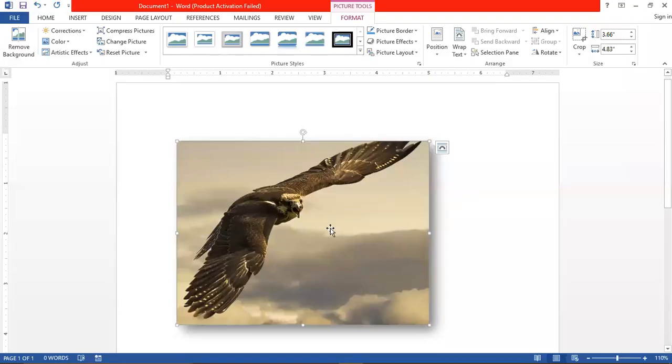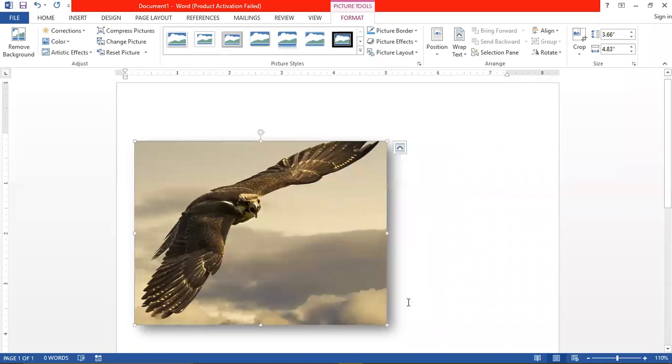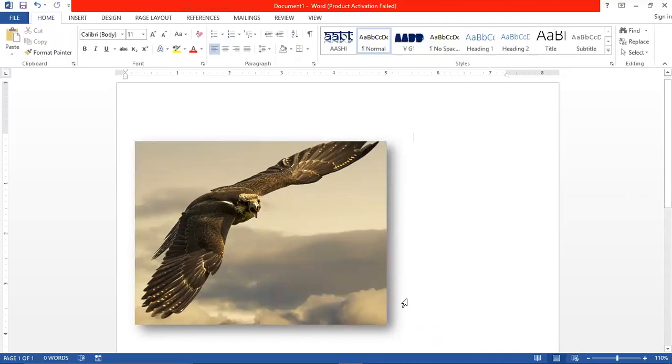Now, you have inserted one image inside your document. Now, if you type any text in your document, for example, click on the picture. Whatever text you type, you can type that text either above the picture or below the picture. You cannot type it directly in front of the picture. That means this much area of the image will be wasted. For example, let me show you.